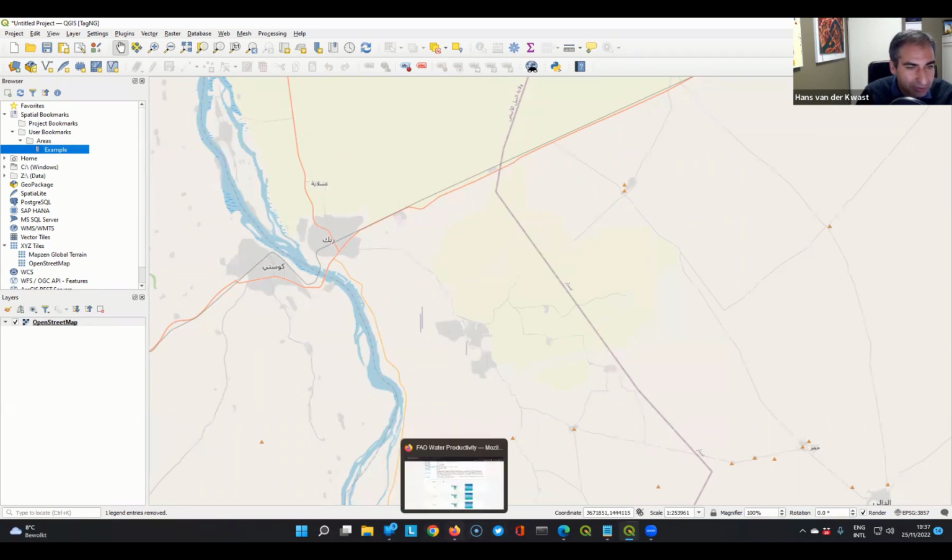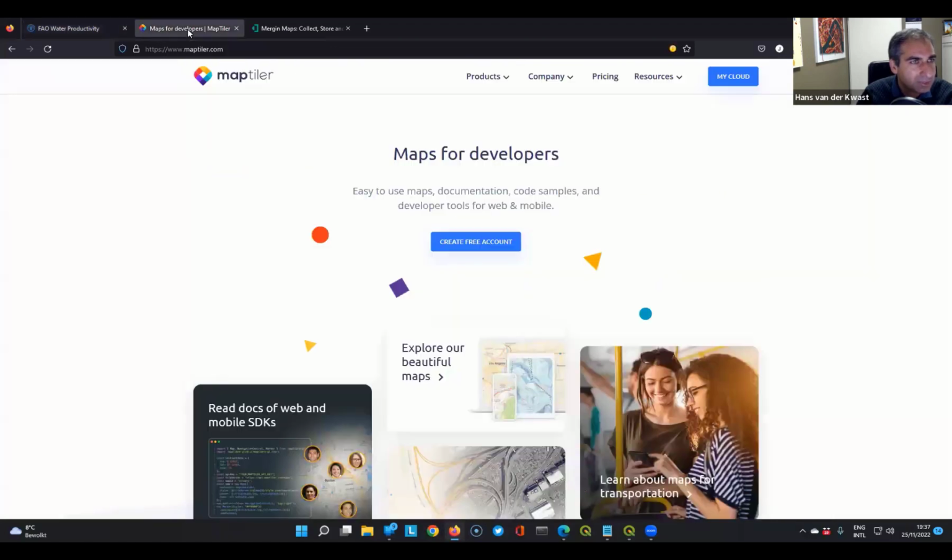because they provide really nice tiles with satellite images. So I go here, and if you go to MapTiler,